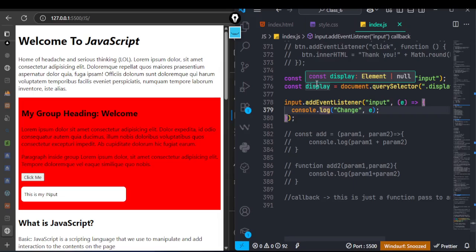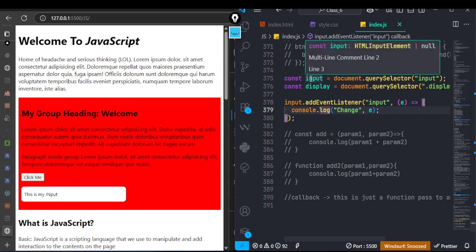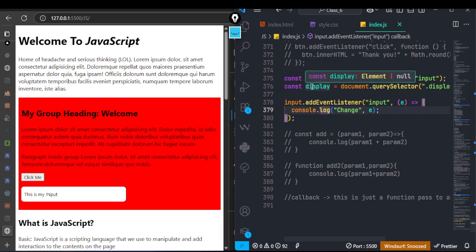What we just need is, when the user types inside the box here, we want the P to appear here, and it's going to display the content that we type inside the box. We've started with it. We've gotten our input, we've gotten our P, which is what we call display here. Then we've attached the event that is going to give us the value every time the user is typing inside